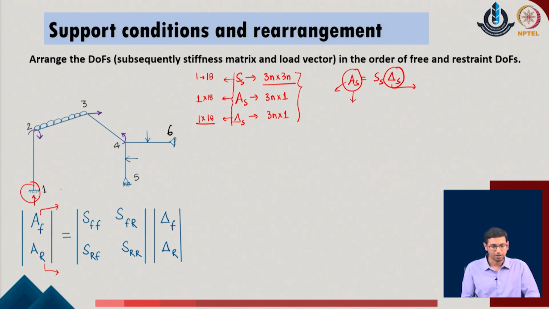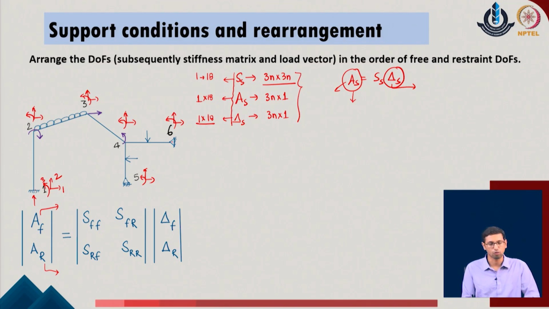So, we realize that if I just do it for this given problem, initially we have total 18 degrees of freedom as we define. So, I will just locate all these values, and now we realize that corresponding to these degrees of freedom which are totally 1 to 18 in the given problem, degrees of freedom at the joint 1 which are 1, 2 and 3, these are the 3 degrees of freedom which are restrained, which are not allowed to move in the given problem. At the same time, all other degrees of freedom with respect to the joints 2, 3, 4 are free,